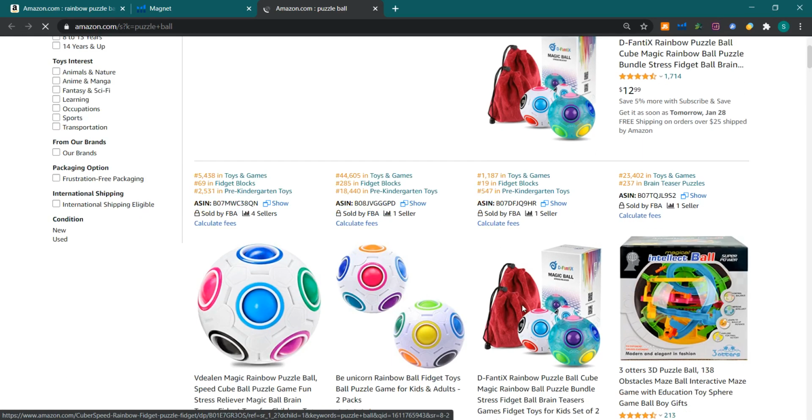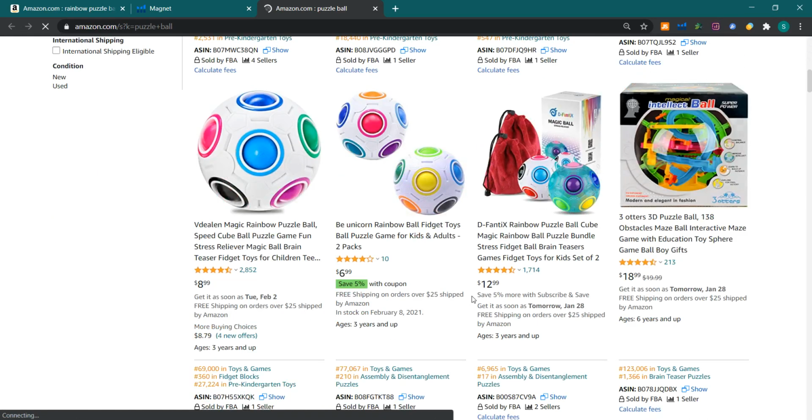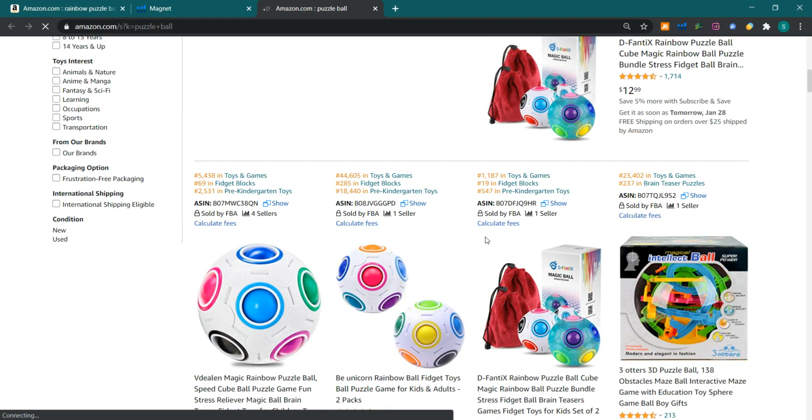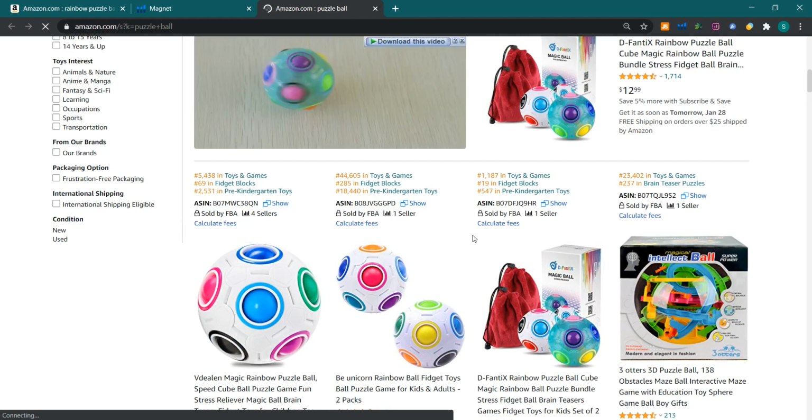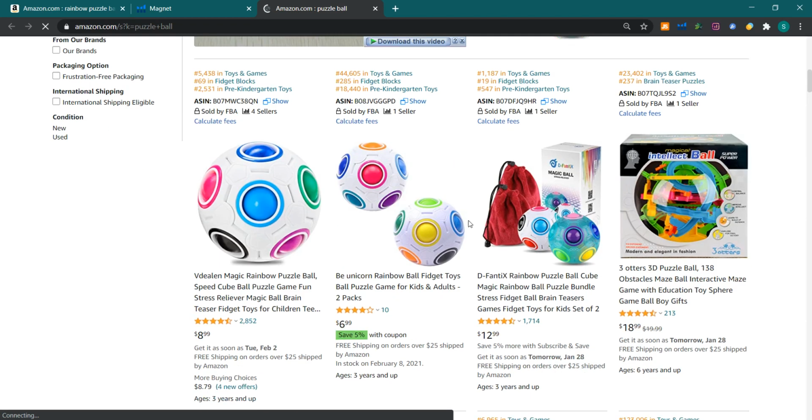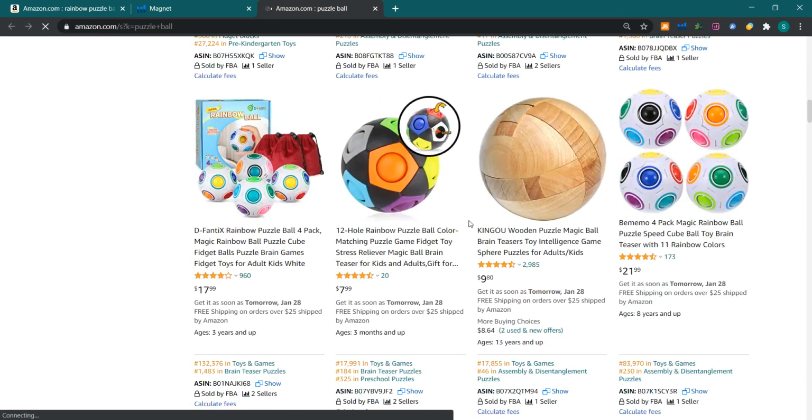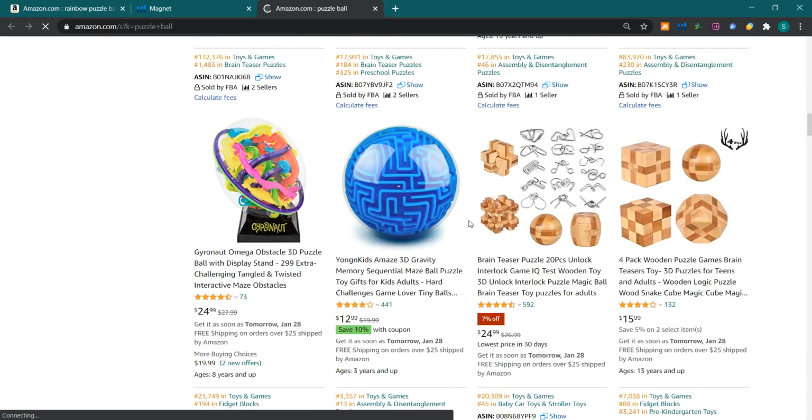So this can be our main keyword because this is the first keyword with the highest search volume and with great relevancy. Relevancy means the results are showing the same product. At least the top results, the top products which are showing over here, are similar.